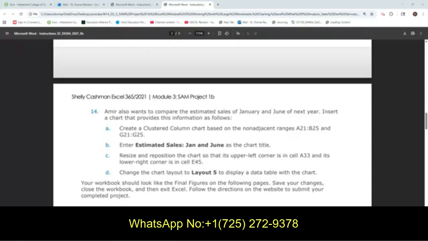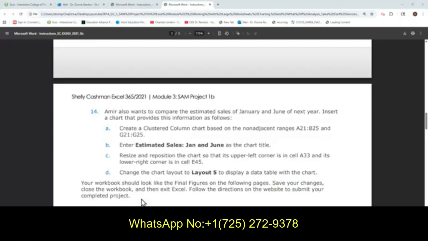Amir also wants to compare the estimated sales of January and June of next year. We're going to insert a chart that provides this information. So create a clustered column chart based on the non-adjacent ranges A21 to B25 and G21 to G25. Enter Estimated Sales January and June as the chart title.